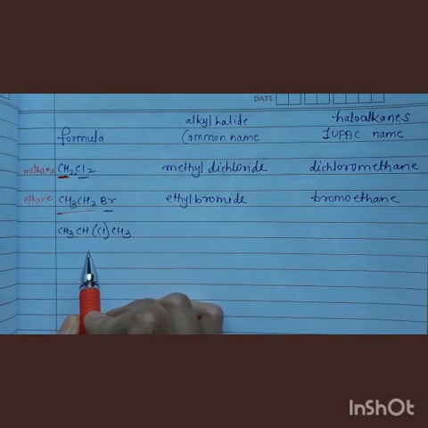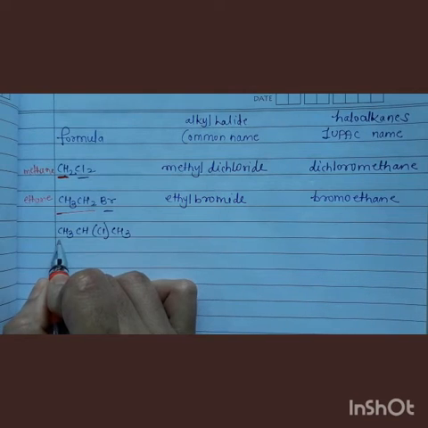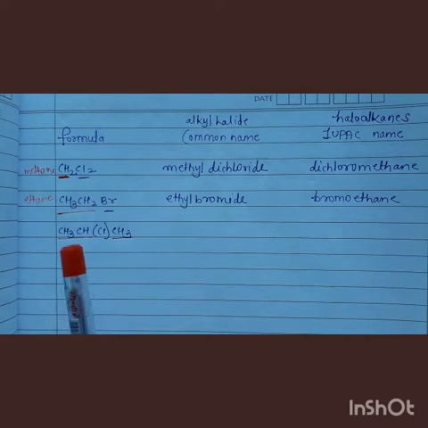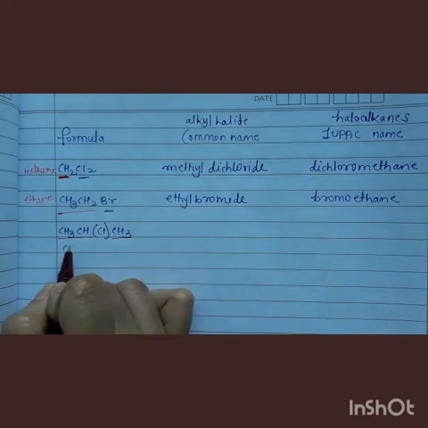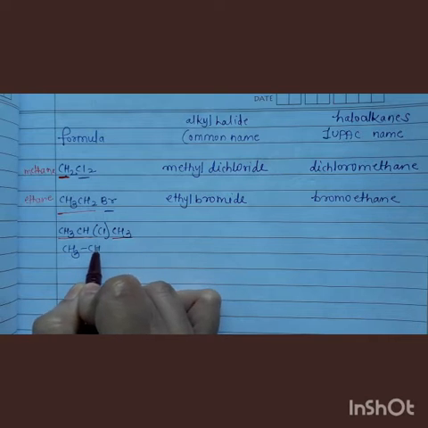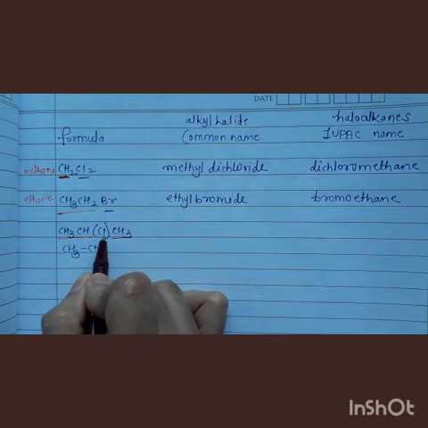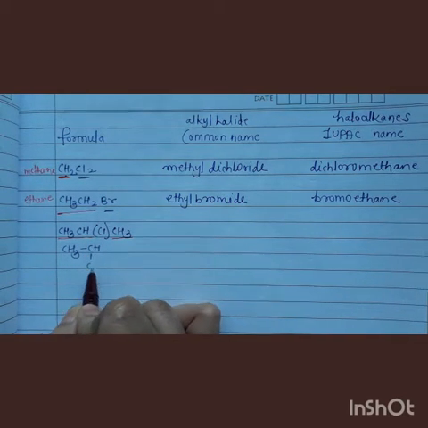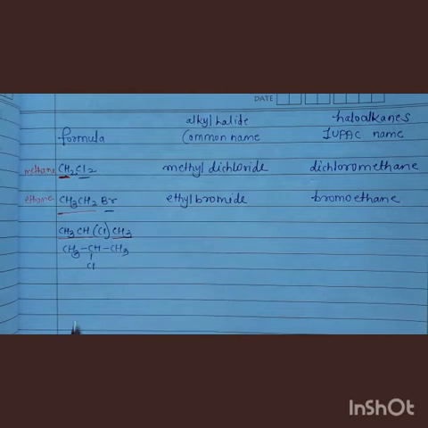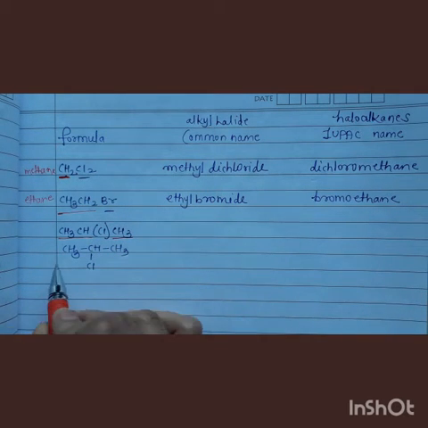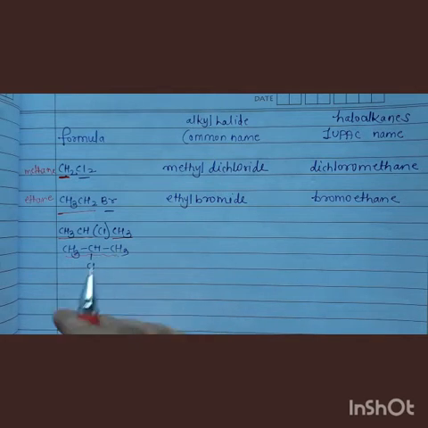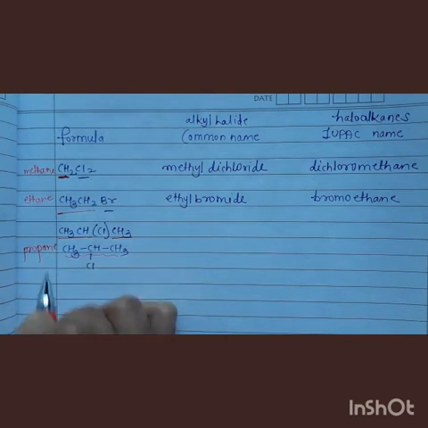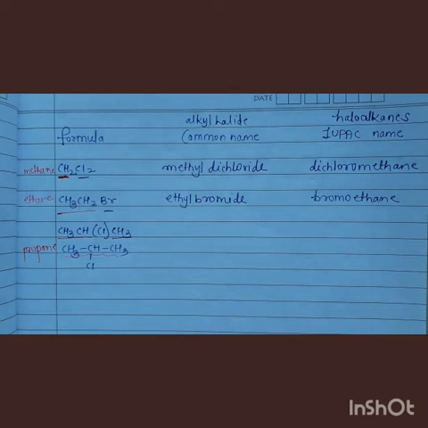This compound. Now check out the carbon atoms. Here two carbon atoms are there and one more carbon atom is present on this side. This compound can also be written like this, CH3CH, and this chlorine is shown in bracket. That means this chlorine atom is directly attached to this carbon atom. So we can write it here also, and this is CH3. Understood? So here the parent alkane chain has three carbon atoms, that means it is propane.